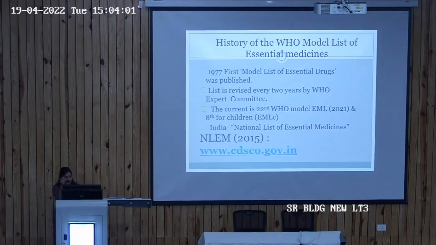Now the current one is the 22nd WHO model list, which has been published in 2021, and the 8th list for children, that is the essential medicine list for children, is the 8th one, and 22nd is the WHO list. Now the national list of essential medicine we are still following is the 2015 one,